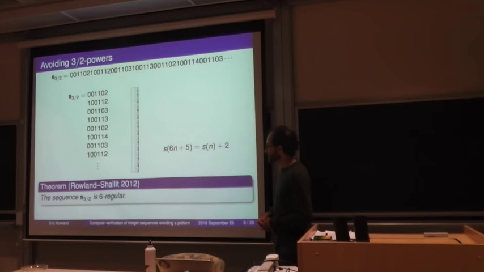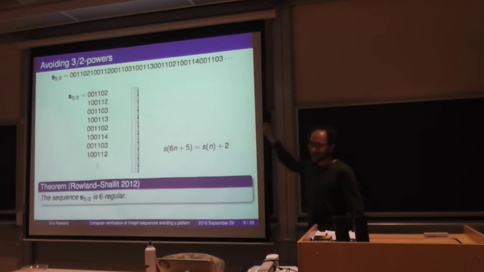It took a while to prove. It was sort of a case analysis. How do you prove one of these things? Well, you have to show that at every step you can't put anything lower than what you claim, and that you can put what you claim. So there are 2 steps. You have to show that what you conjecture the sequence to be is actually 3 halves power free, and that it's the lexicographically least 3 halves power free word.